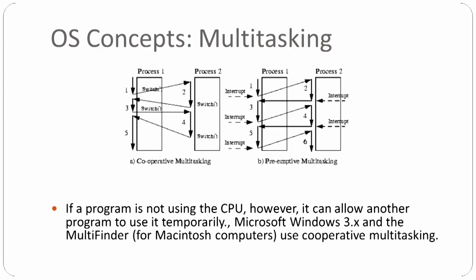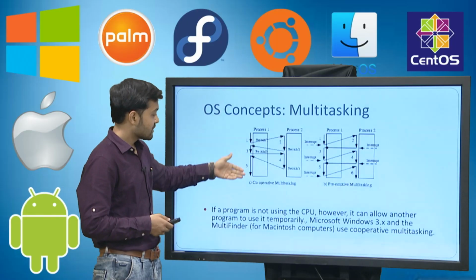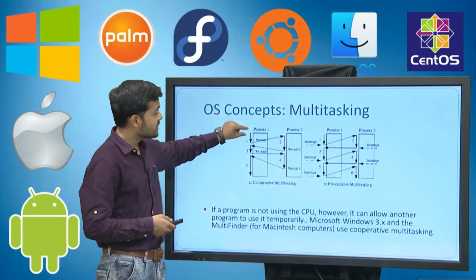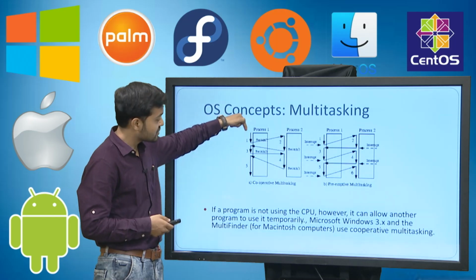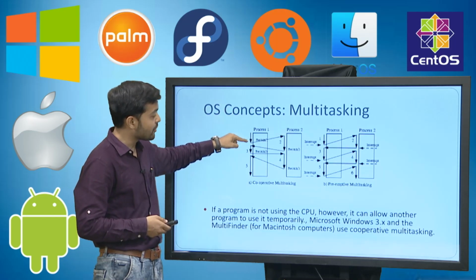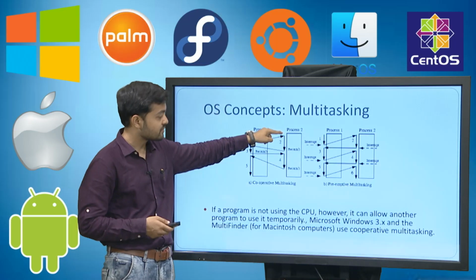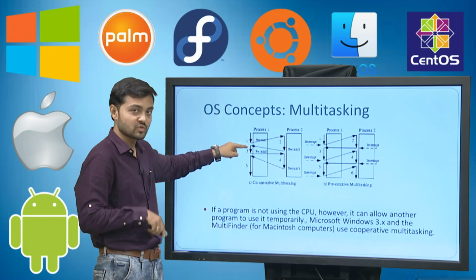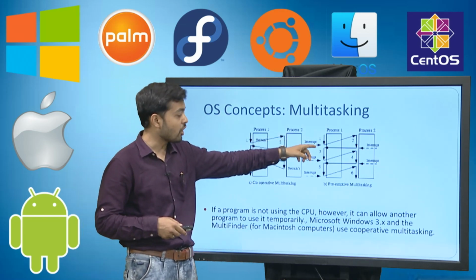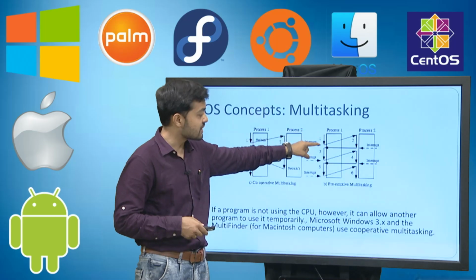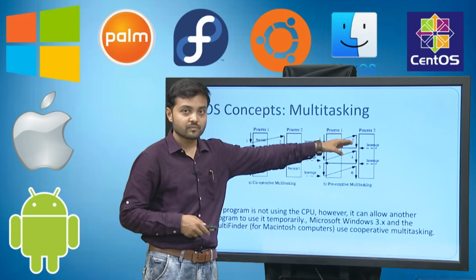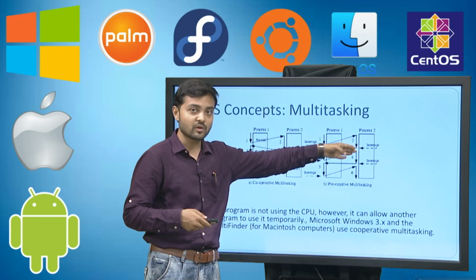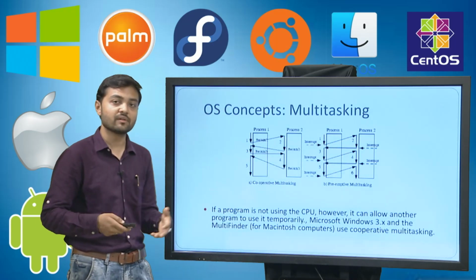So by this figure you can easily understand the preemptive and non-preemptive multitasking. This is the preemptive multitasking where the resource is used by one process, and at some point of time it is given to the other process. Now that other process is using the resource, and at some point of time it is switched back to process 1. That is preemptive. And in case of non-preemptive, one process is using it and some interrupt comes, and only when the process leaves it, it will be given to process 2. So that is preemptive and non-preemptive multitasking.